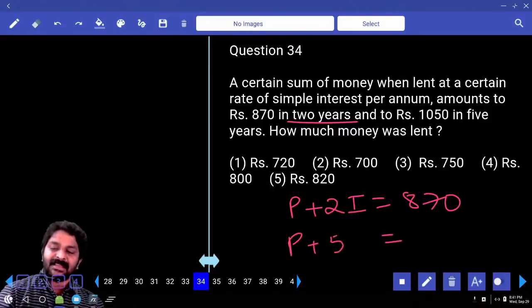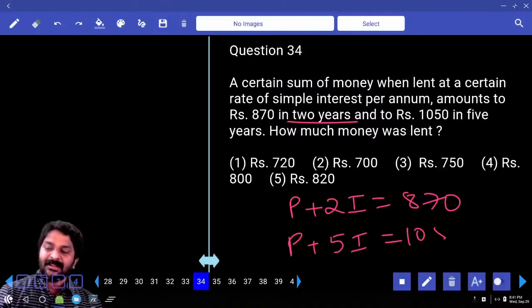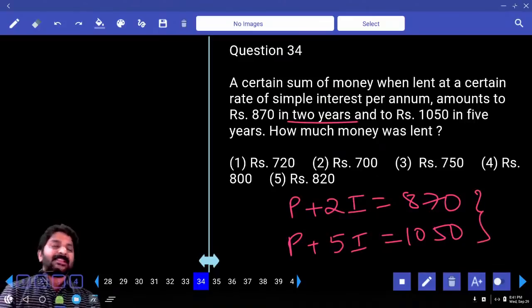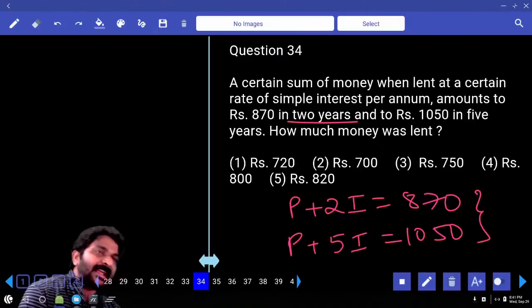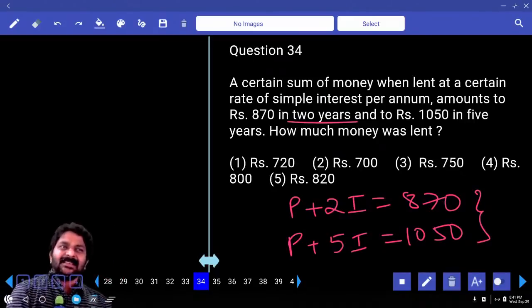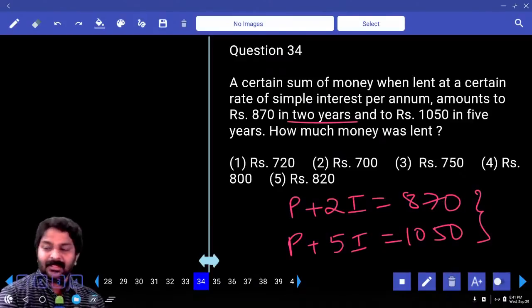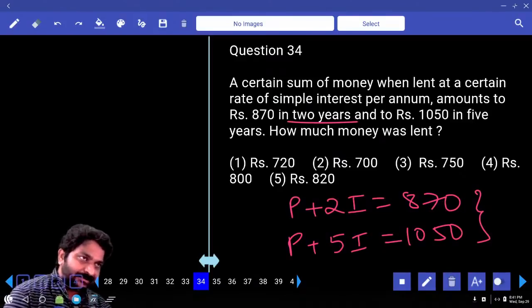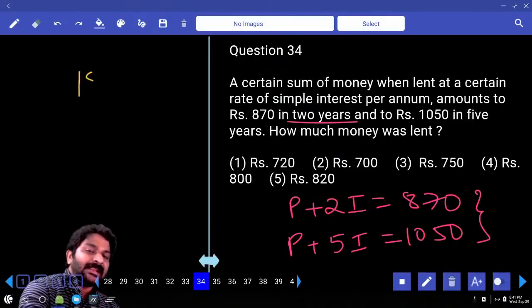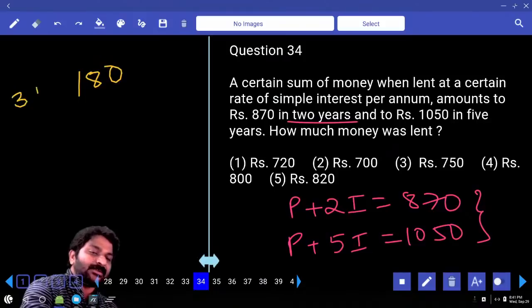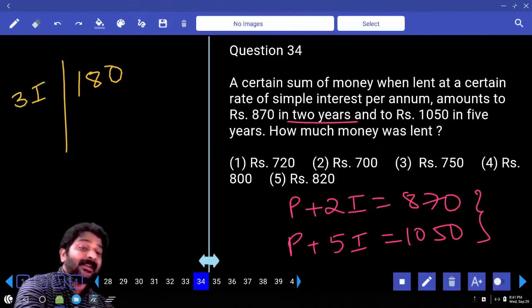Principal plus 5 years interest is equal to 1050. Whatever the difference between 1050 and 870, that is because of 3 years interest only. 1050, 870, what is the difference? 180. 180 is equal to 3 years interest only. Then per year, then for 2 years